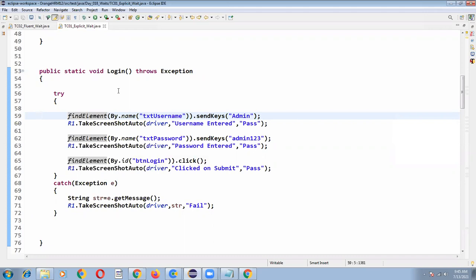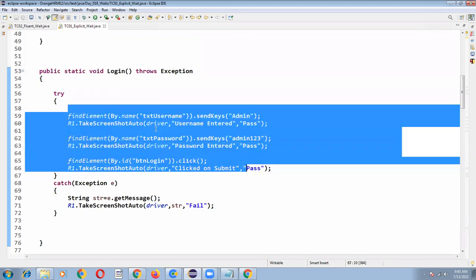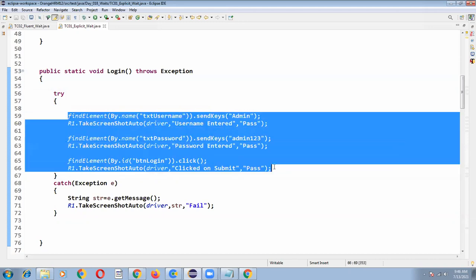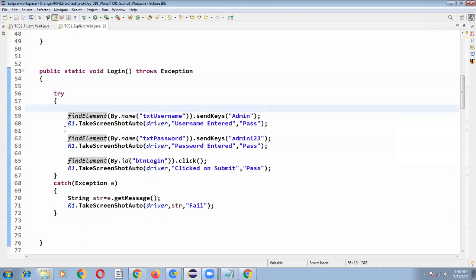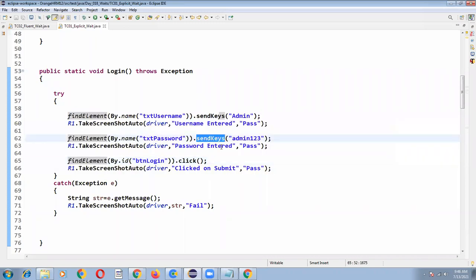Whenever you are writing your code in any of the methods, the best practice is to write the code in the try block. The importance of the try block we can discuss in the next classes. In real time, people will write all their code between try catch blocks. Suppose something went wrong in your program, for example the locator id has not been identified.